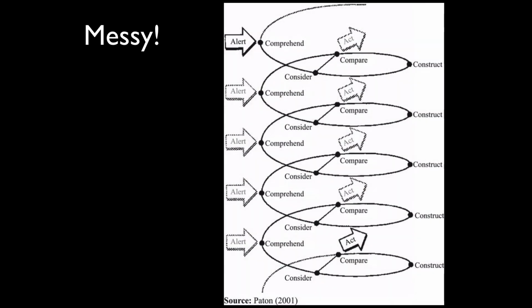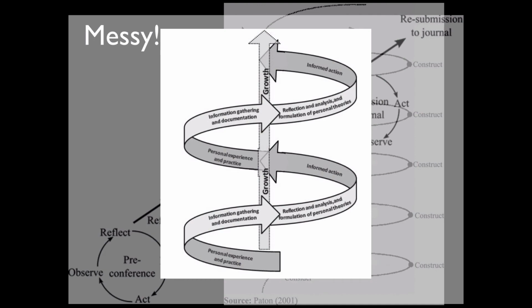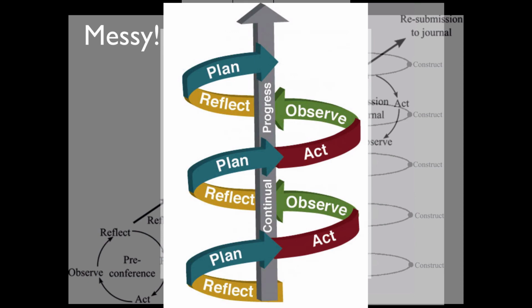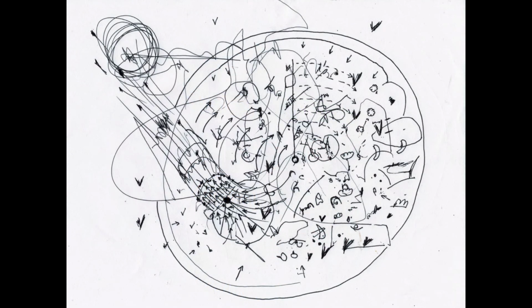The thing is, with action research, if you do any reading around the subject, what you'll find is, like the diagram I showed you before, diagrams where everything is very neat and symmetrical, with a nice sense of progression and getting better and better. Even this one has growth through the centre of it, and all the very dramatic arrows moving upwards, and this one's actually turning down, but at least there's some movement to it. Or this one, look at that, continual progress as a big arrow that goes through the centre of it. The reality is it will probably look a bit like that.